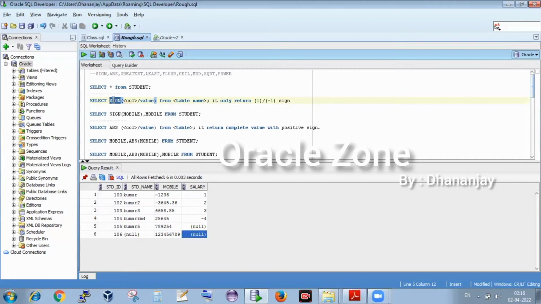so let's come to the sign. The sign will always give a positive sign or a negative sign, that's it. Okay, as for the syntax you can see here, we just need to put sign with parentheses, and inside we put our values or our column name. So I'm going to perform it on the column.